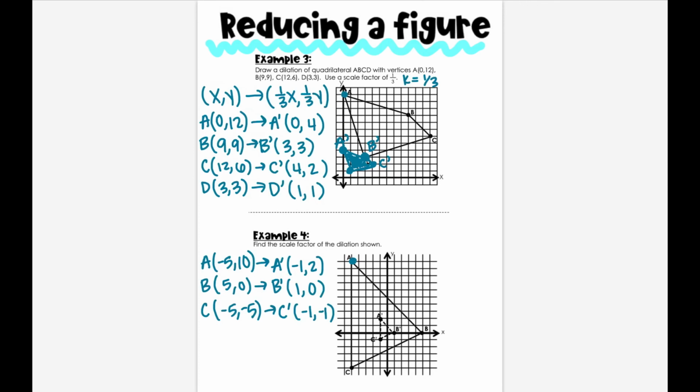All right, so I've got all the points listed here, and we want to look at how our x's changed, and that's going to be the same as how the y's changed. So from -5 to -1, that would be division by 5. 5 to 1 is division by 5. And -5 to -1, again, division by 5. It's a little bit easier to see between 10 and 2. If I were having to multiply or divide 10 by something in order to get a 2, 10 divided by 5 gives me 2. So since you are dividing by 5,